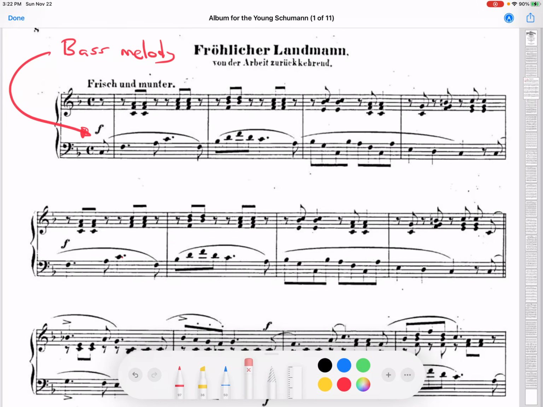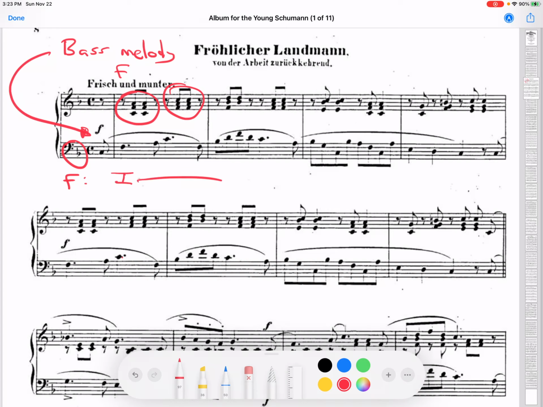If you take a look at the key, it's in the key of F, and it begins with the chord that you might expect, an F chord, and it's in root position. So here you see the chord arpeggiated. It begins in the right hand in a second inversion and then in root position. But because the bass note is the melody, probably you should just analyze it